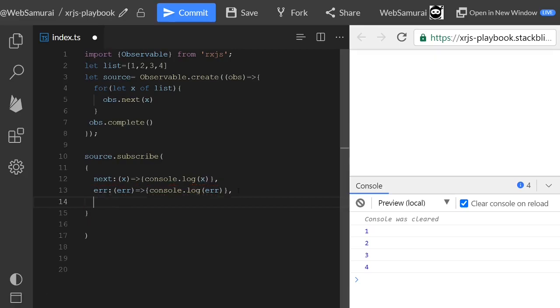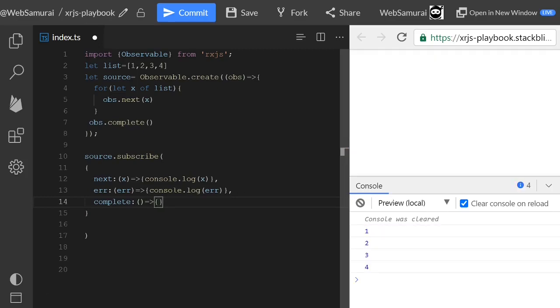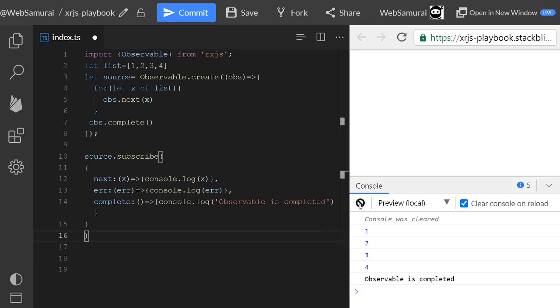Then we just pass the log function, complete colon, logging a simple message that the observable is completed. Now we have completed our implementation, and we can see that the values are produced by this observable created with the create method, and the subscriber gets the subscription and logs the values on the console.